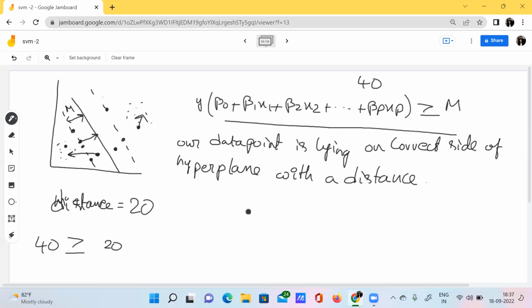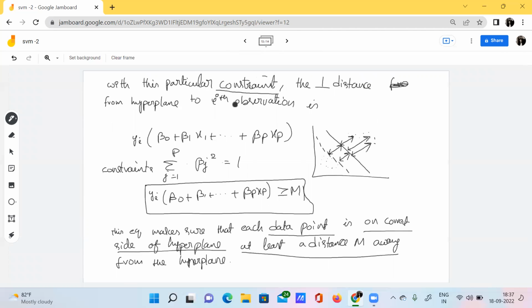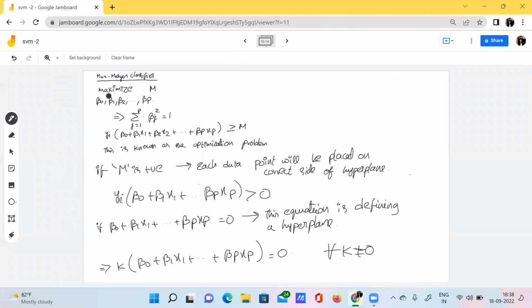So overall, what did you understand? I have understood one thing about this problem. Here we can consider that M is nothing but the margin. Okay, we need to maximize this particular margin. Why? See here, what did I say? I said maximize capital M. Maximize means, for example, this is the hyperplane and this is the margin here. Our goal is to maximize this particular margin.